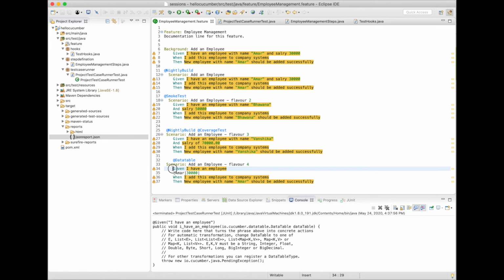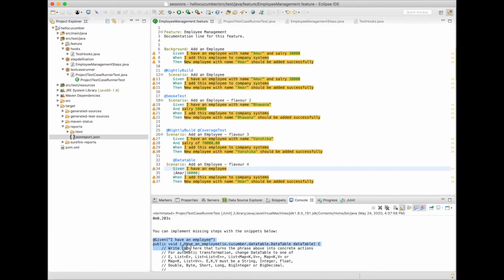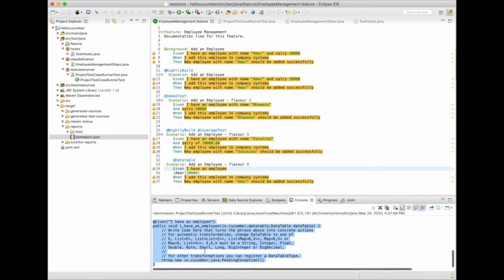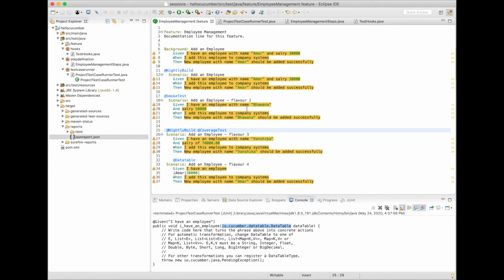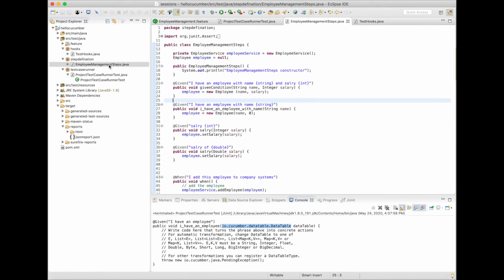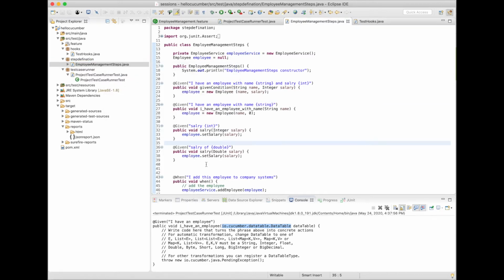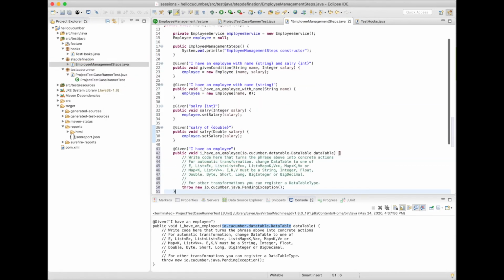Since this is the only test condition which we didn't have a glue code for, the Cucumber plugin has generated a stub for us. And here is the difference from the normal one that we had earlier. We have a data table as an argument to a step. It is always a good practice to have a specific test file for a separate feature. Since we have put everything in one, we'll use the same test step definition. I'll remove this code